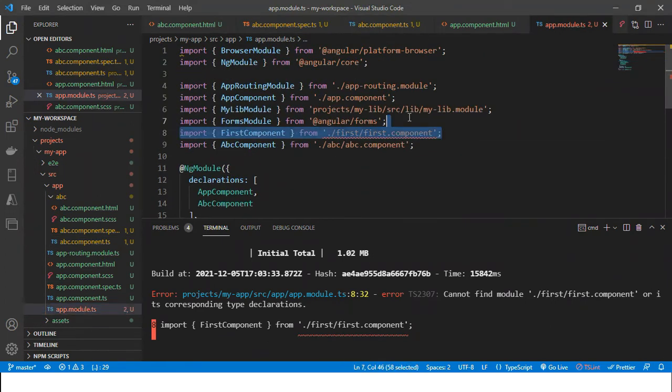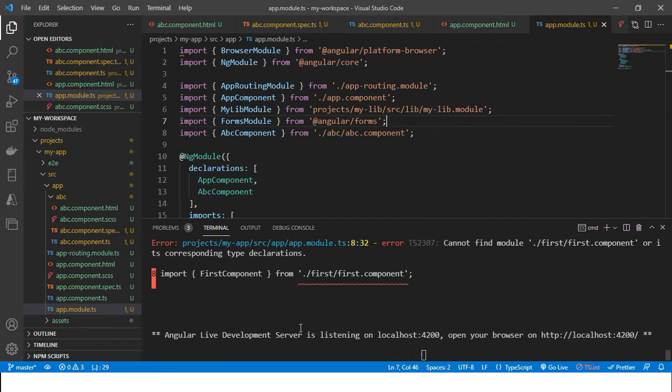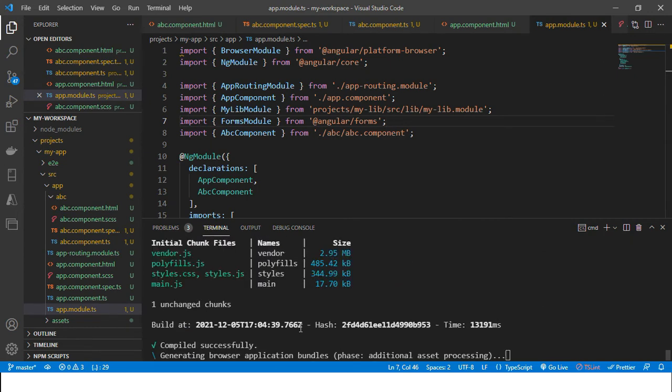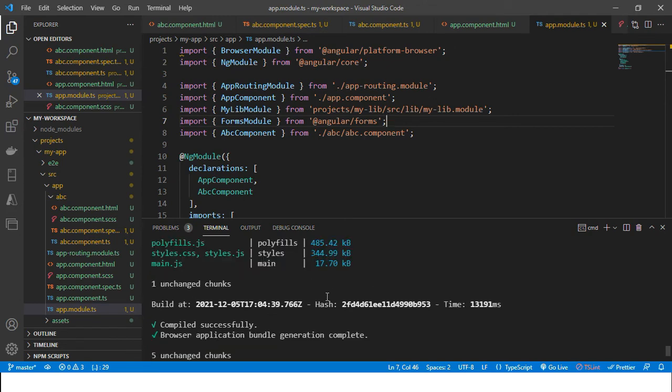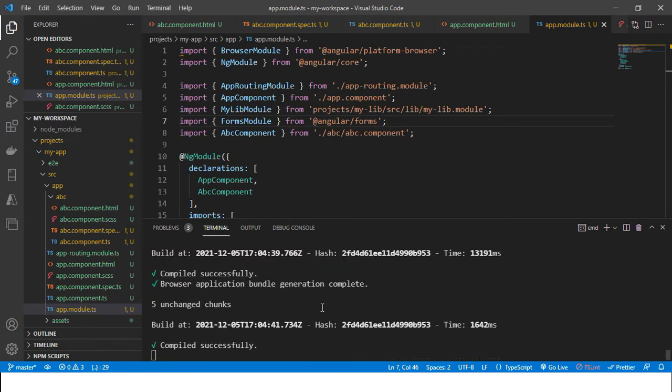This is the file. I will remove it here and save. When I save, the JIT compiler, the just-in-time compiler, reruns the compilation. Now the project is compiled and reloaded. There are no compilation errors now. Okay, we'll see the output.